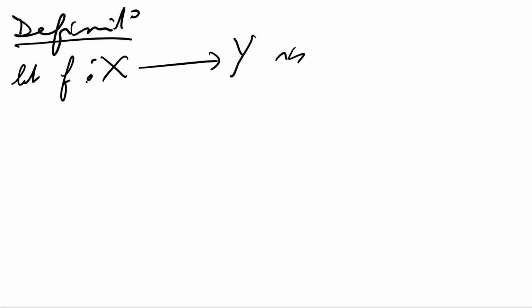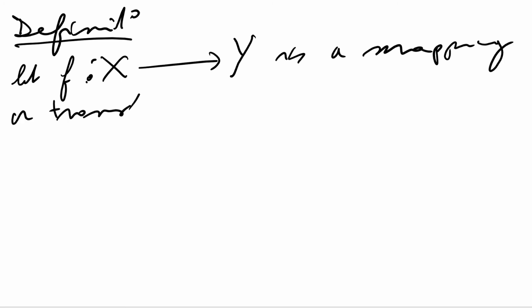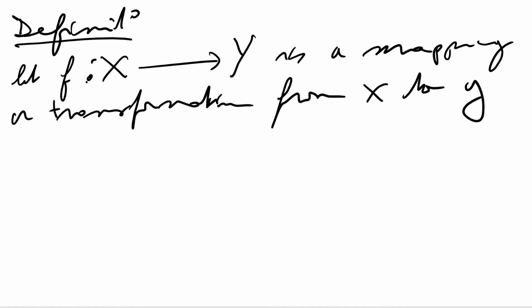So if I say let f from X to Y, where X is my domain and Y is the codomain, be a mapping or transformation from X to Y, such that